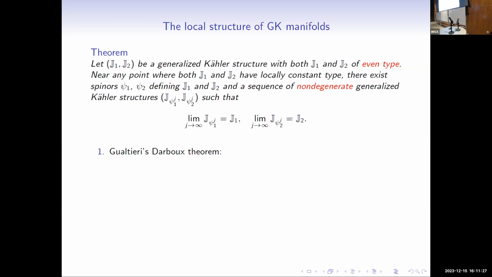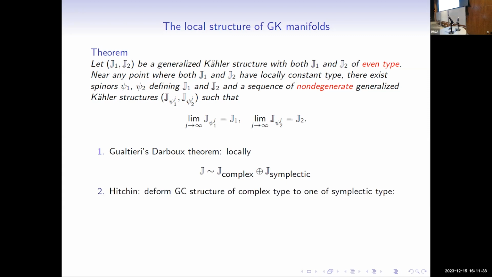But in any case, the way we prove this starting point is Marco's Darboux theorem that he proves in his thesis. Locally, you can write a generalized complex structure as a direct sum of a complex and symplectic type. And then here we use Nigel's very key observation in the first paper, which is that you can deform a complex type generalized complex structure into a symplectic type one. Fairly explicitly, it looks like this. Here, big omega is a holomorphic volume form of even degree, and locally you can express that